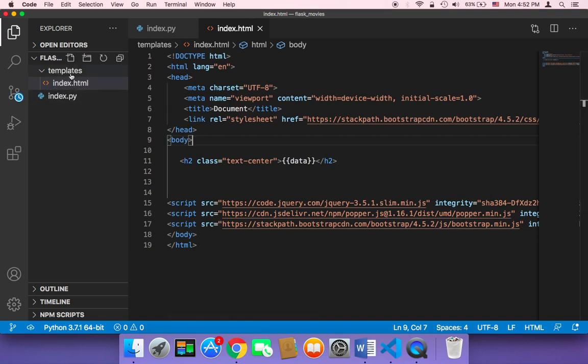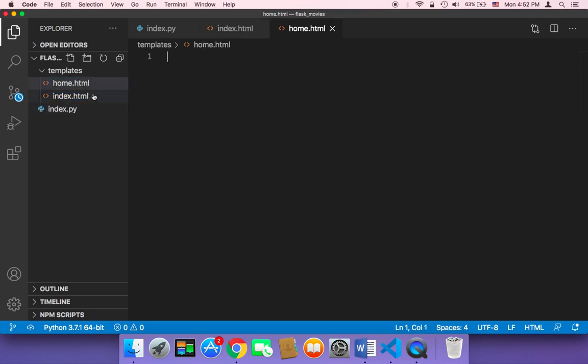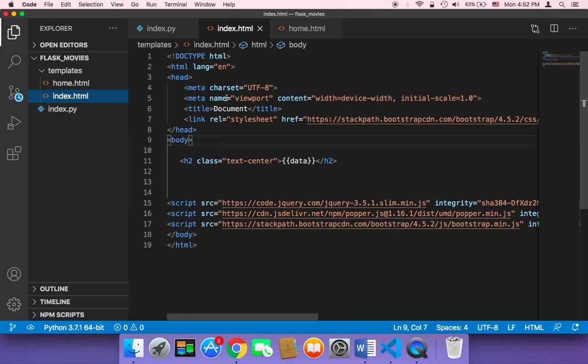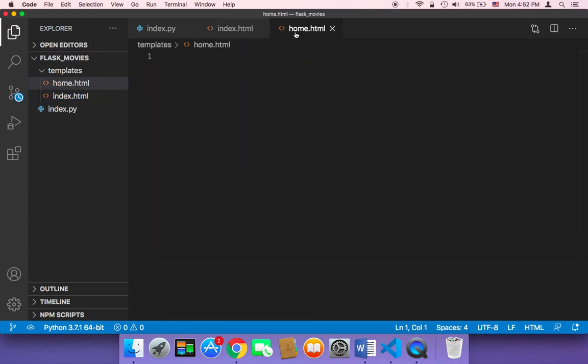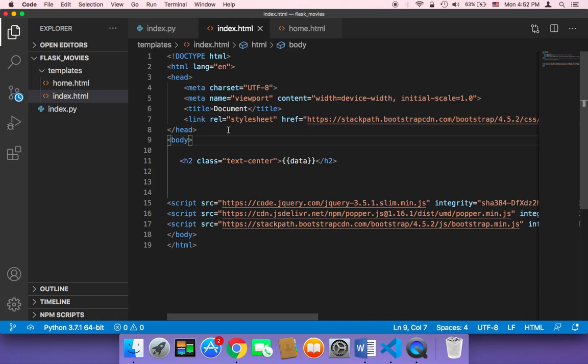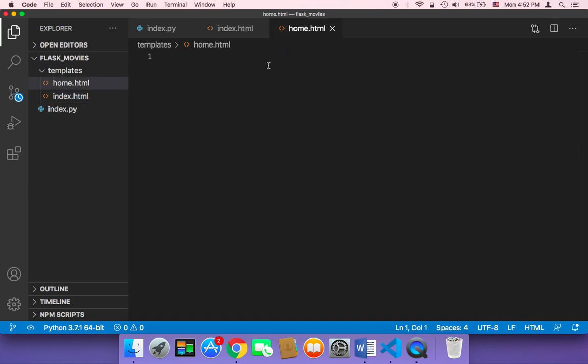So here in the templates, I'm going to create a new page, and I'm going to call it home.html. And then instead of copying the same code from the index and pasting it here in the home, we can simply inherit that code and import it from the index.html. But how can we do that? Well, you can do that by just typing here